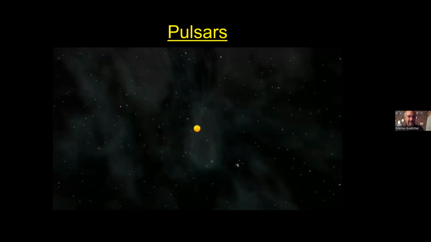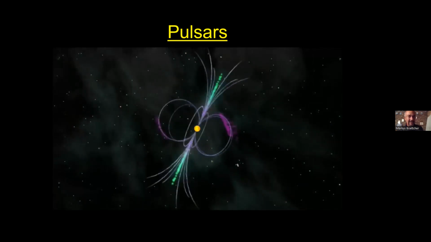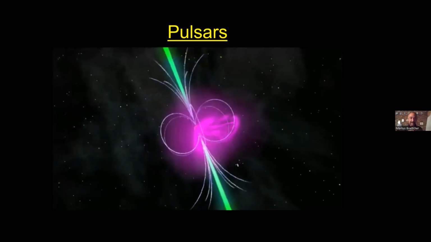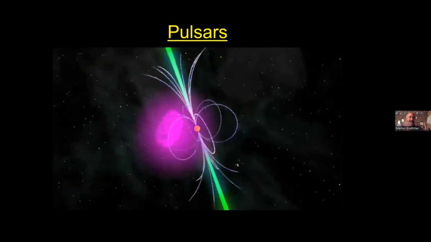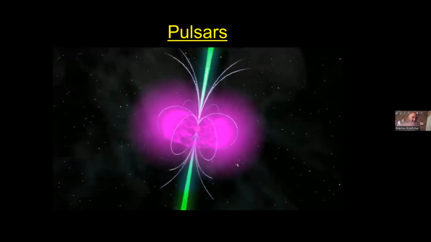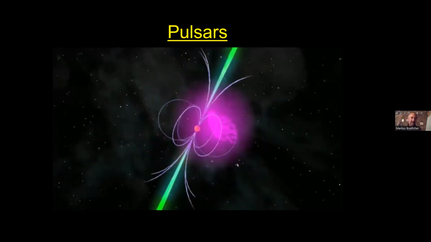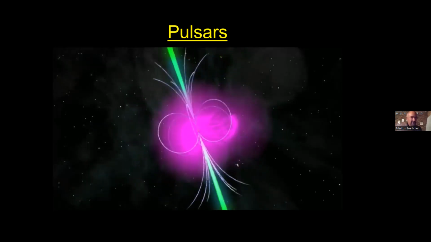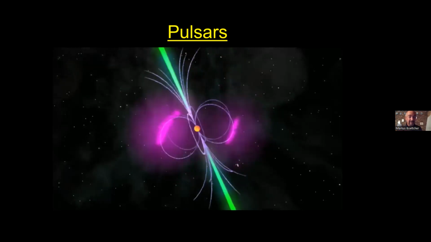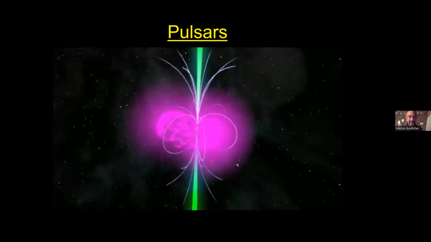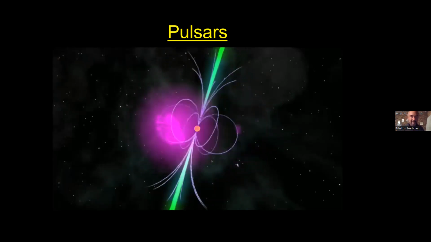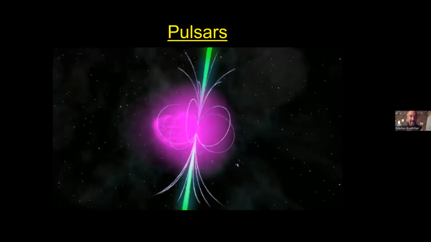And so what accelerates particles here is most likely closely related to these extremely strong magnetic fields, which are not aligned with the rotation axis. These magnetic fields are swirling around at extremely rapid speed, and very rapidly changing magnetic fields produce electric fields. Electric fields are very good at accelerating particles to extreme energies. Most likely that is at least one mechanism responsible for accelerating particles here so that they can produce gamma rays at these extreme energies.